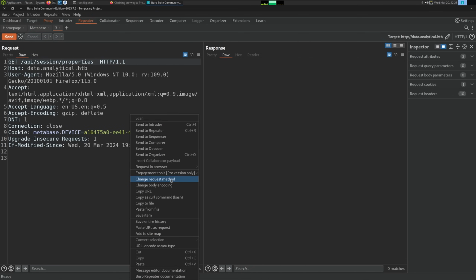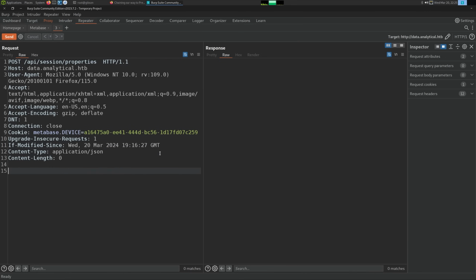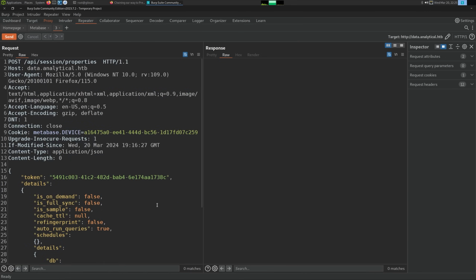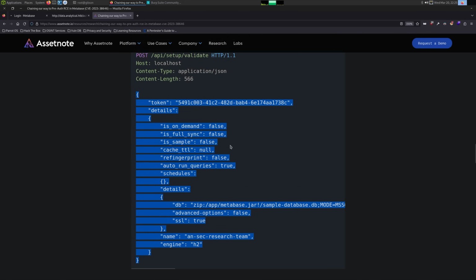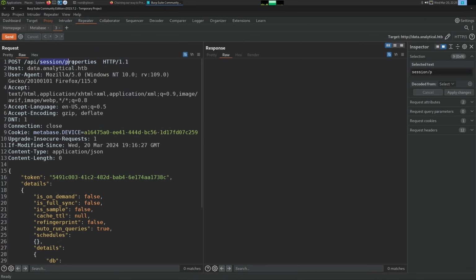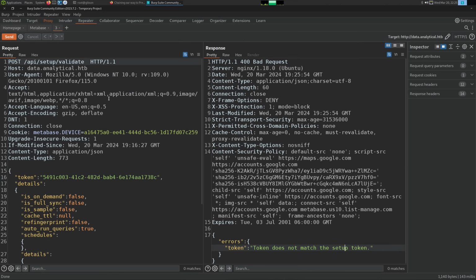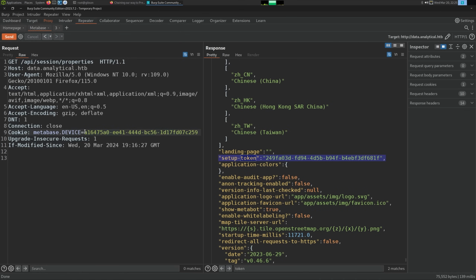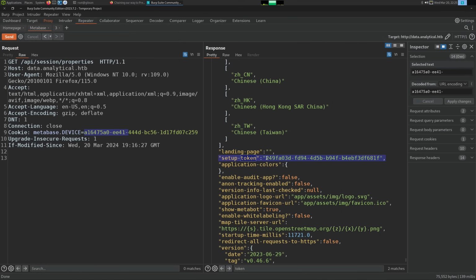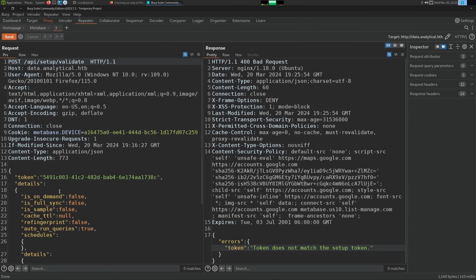Let's change the request method. I'm going to change it to application JSON. Always modify your content type. And then when we paste this, and it wasn't properties, right? It was setup validate. We're going to get a failure here because I forgot to do one thing, the token. So let's go ahead and grab our token. That was right here. So I'm going to grab this, go over here. We'll put in the token,